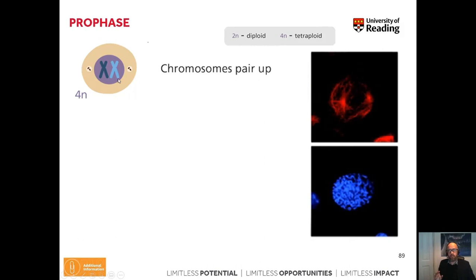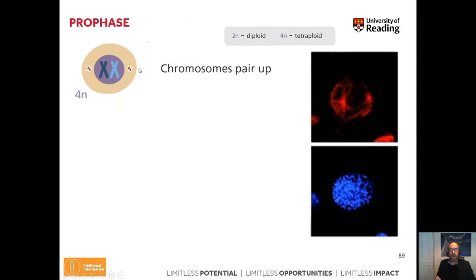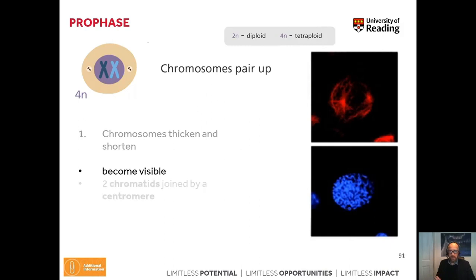Importantly, during the prophase, replication is already conducted, so the chromosomal configuration is no longer 2n but 4n, because replication already finished and our chromosomes are fully replicated. So the chromosomes are thickened and shortened, become visible for the first time, and the two sister chromatids are joined